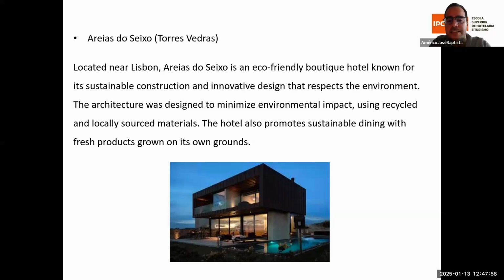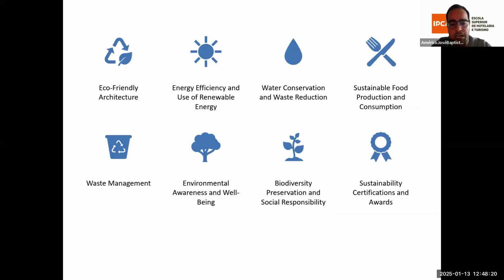The architecture was designed to minimize environmental impact, using recycled and locally sourced materials. The hotel also promotes sustainable dining with fresh products grown on its own grounds. Okay, there are characteristics about this hotel, like eco-friendly architecture, energy efficiency and use of renewable energy, water conservation and waste reduction, sustainable food production and consumption, waste management, environmental awareness and well-being, biodiversity preservation and social responsibility, and